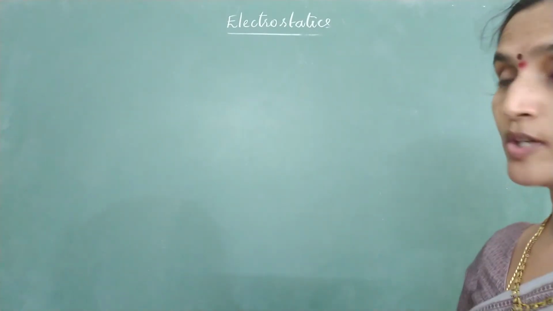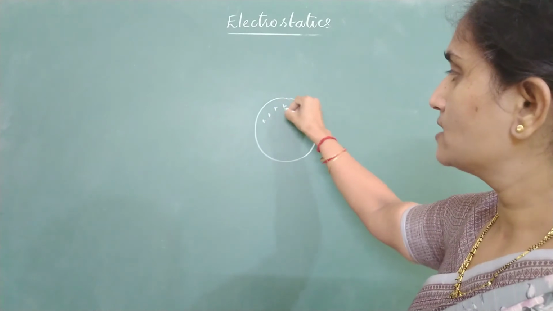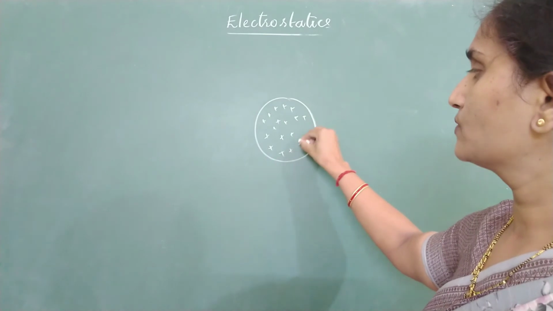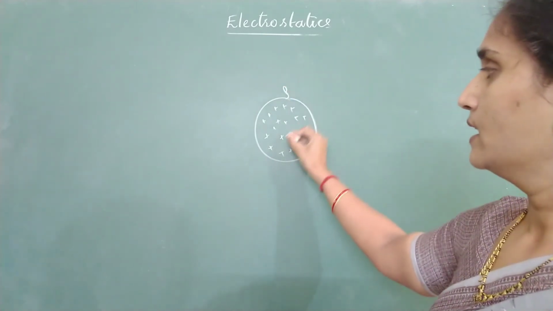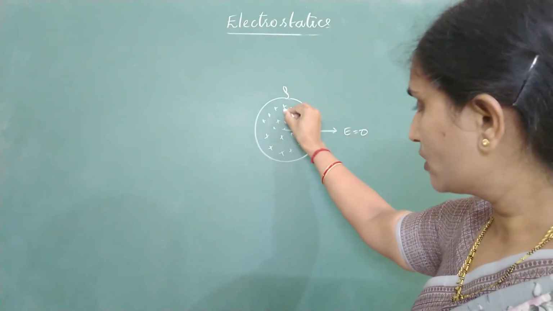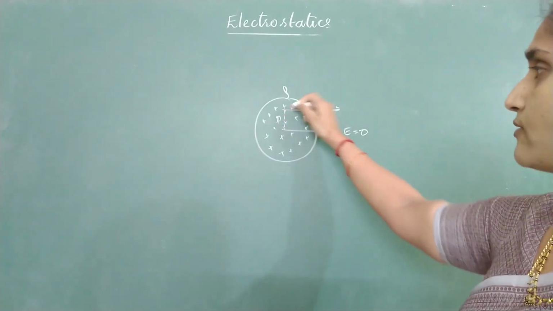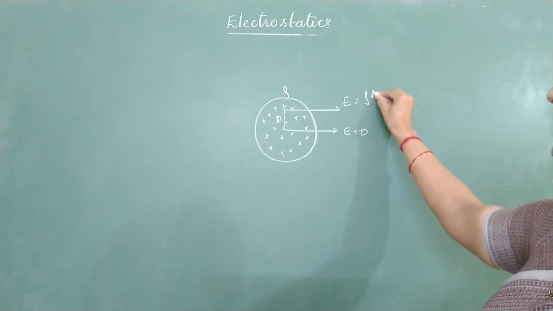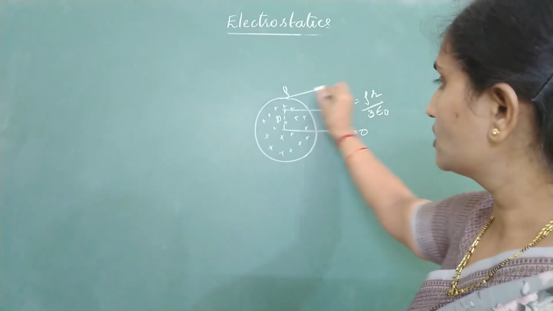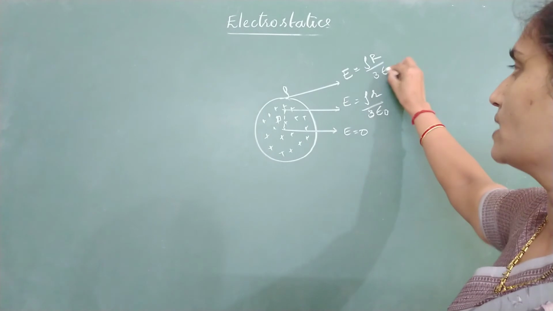Okay, then coming to field produced by a non-conducting sphere, with volume charge distributed on it. If the volume charge density of the sphere is rho, then field at center will be 0. If you are inside the sphere at a distance small r, what is electric field at a distance small r from center? Rho r by 3 epsilon naught. Remember, rho is the volume charge density. On the surface, rho into capital R by 3 epsilon naught.